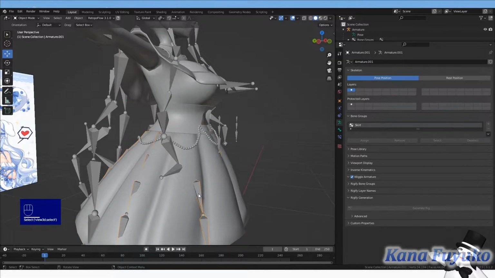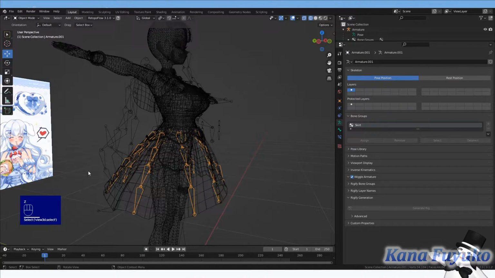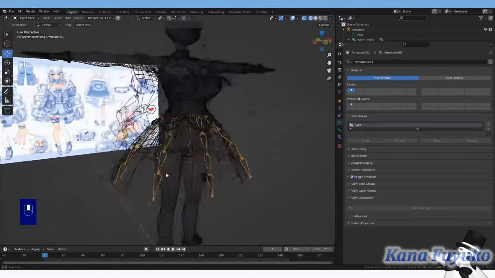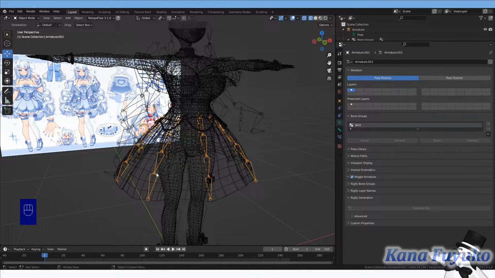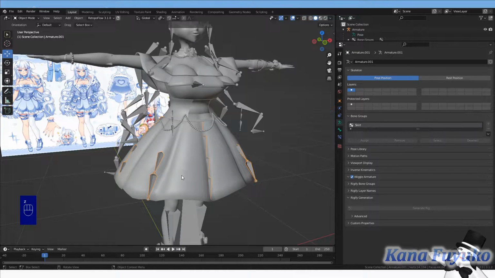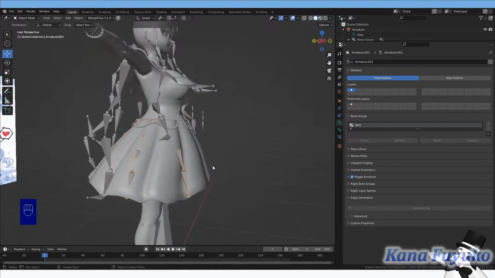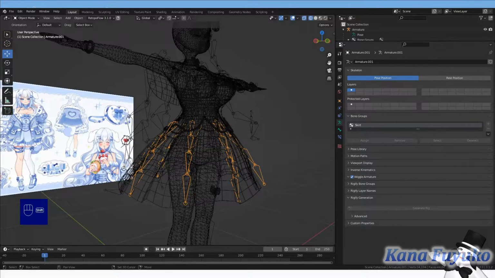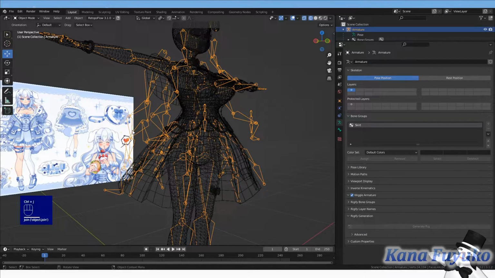You just jump into doing the automatic weight paint, and adjusting the weight paint to your needs, depending on the movement you're doing, and that's pretty much it. Now for the dress, regardless of dress or skirt, if we're doing the auto weight paint, we'll still have to reattach it to the armature. So go ahead and do that.